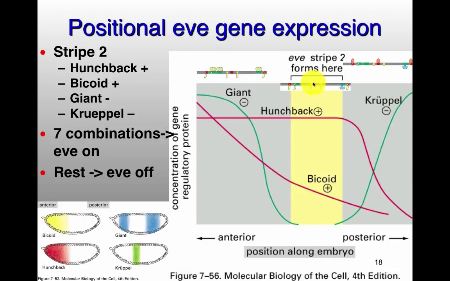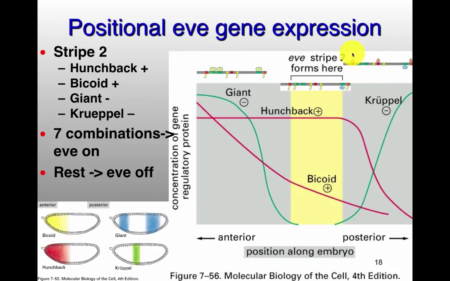I need to get a bigger pointer here so I can see it myself. Right here in the middle, this at the top here is what the regulatory sequence should look like. Now it has all these activators associated with it. The mushroom, I'm not going to expect you to remember these things, and the little comma. Mushroom is hunchback, the comma is bicoid. We have these activators. You only get expression regulated by this sequence if you have these 2 activators here.